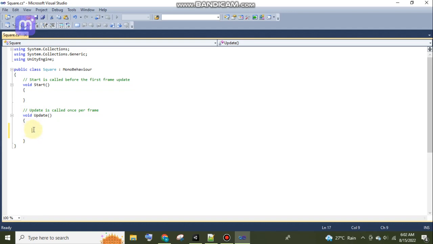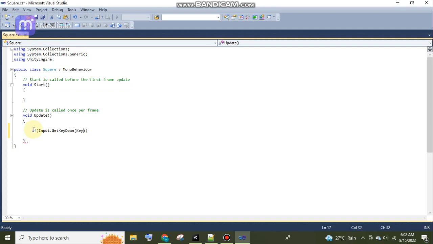Okay, so here as I told you, we need to move our object on the click of the arrow buttons. So I'll use one if statement. I'll say if Input.GetKeyDown, and in a round bracket I'll specify for which key I am making the code.